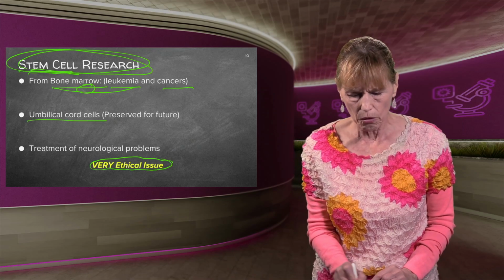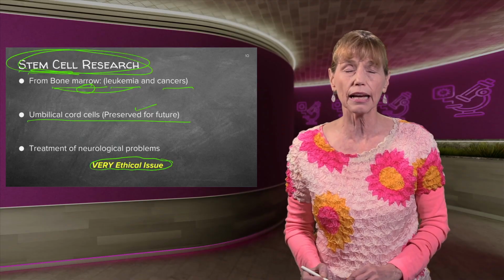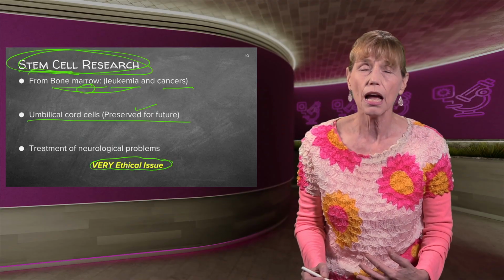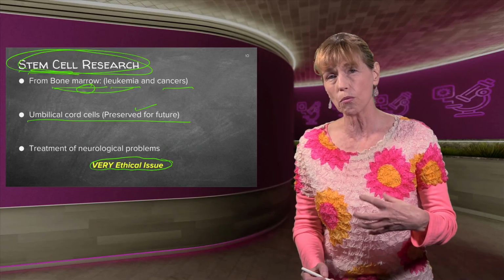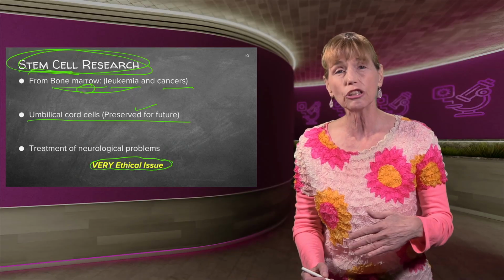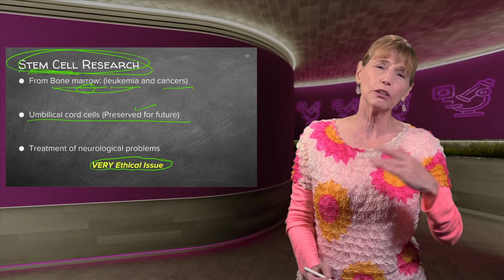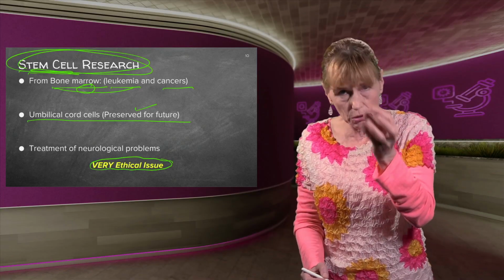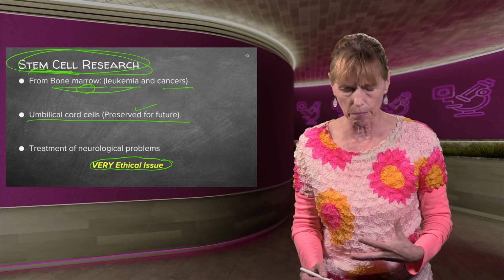And then your umbilical cord can be preserved for the future. What people have also done, if you have the capability, is take the umbilical cord and the placenta of the baby when it's born, and literally freeze it. So should this child have issues in the future, they will be able to use their own stem cells to stop it. But it's a very expensive process.